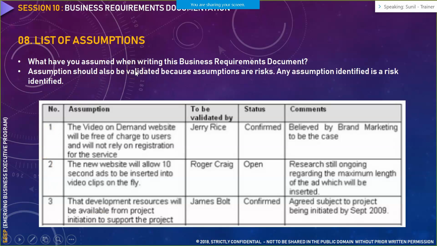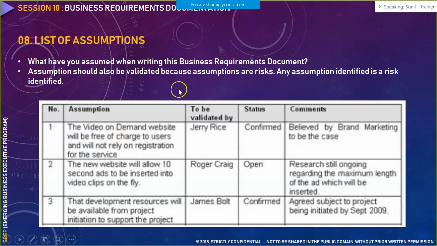After that, there is something called the list of assumptions. This is the other section that you need to populate in your business requirement document. It covers what you have assumed while writing the document. Since this document is created at a very initial stage of a project, there are chances that multiple things need to be assumed at that point, where you are not clear about that particular piece of work or functionality that would undergo development. All those features or functionalities, you have to put under the list of assumptions.